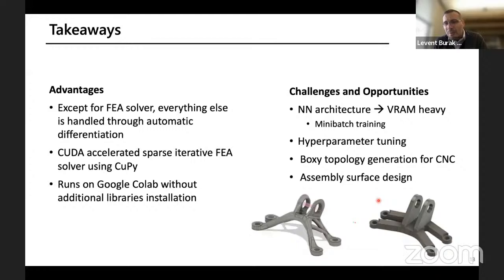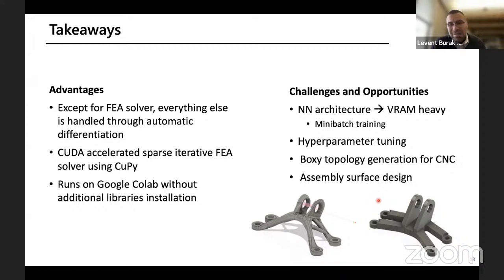Some challenges and opportunities, as I said, the neural network architecture actually requires heavy use of the video RAM. So we are now thinking about doing a mini batch training rather than a full batch training of the voxel space. Hyperparameter tuning is always a major issue, still not optimized, but we're working on that.